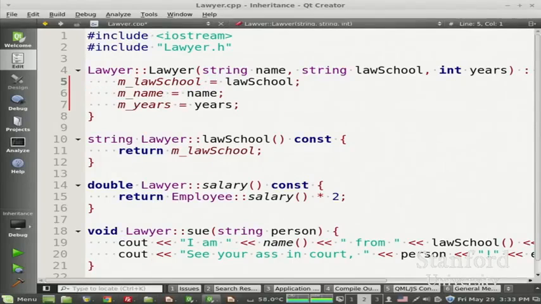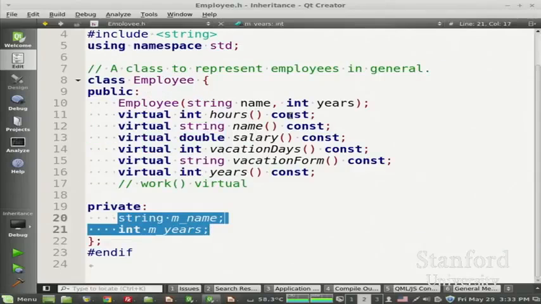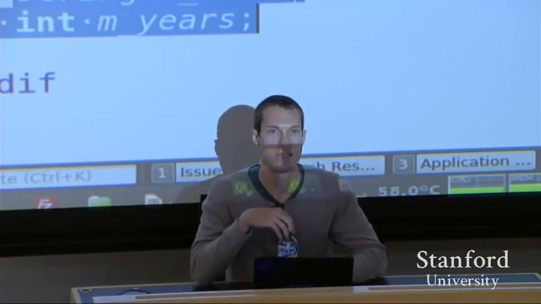And it's pretty silly. It's basically because the employee thinks of those as being private, and they're so private that they're even forbidden for the subclass to see, which seems kind of counterintuitive. Like if the lawyer is an employee, how come he can't look at his own data? But the zen of OO programming is, well, they're not really his data. They're his ancestors' data. It's sacred or something. I don't know what. There's probably some kind of Game of Thrones joke I should be making here or something. But something about Jon Snow. But anyway,